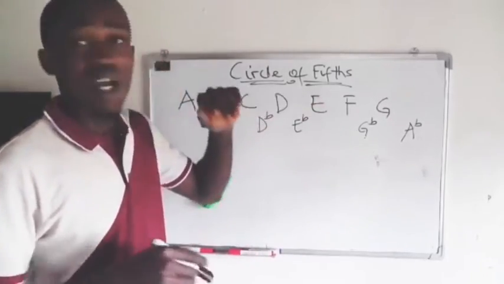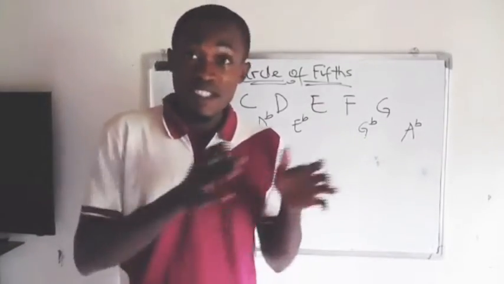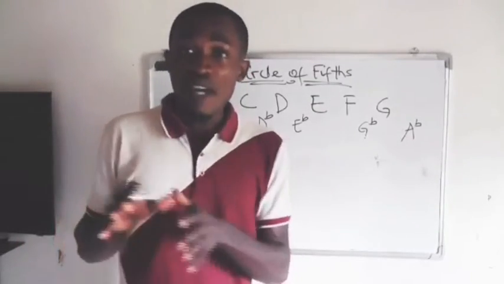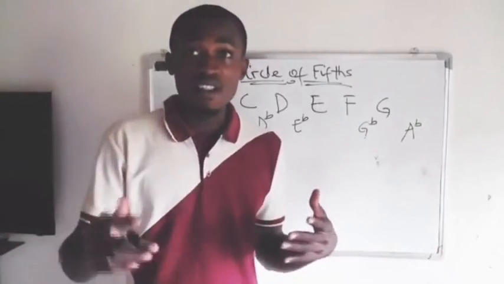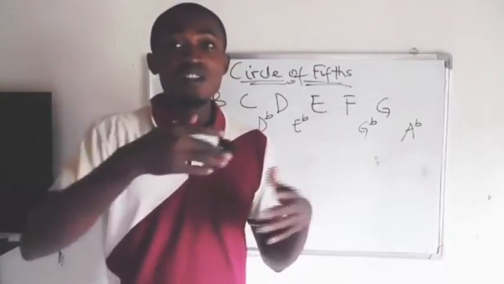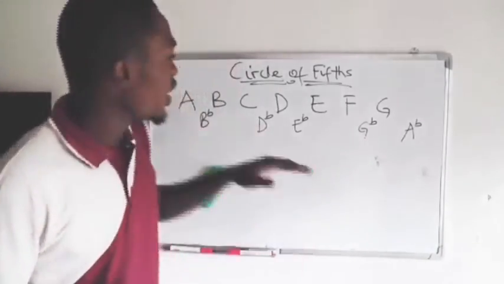So the circle of fifths. I believe when you came up, you were told that there are 12 musical keys: 7 majors and 5 minors, together making 12. On a scale, in solfa notation, you have do, re, mi, fa, sol, la, ti, do, and in between do and re, you have the sharps and flats and all those things. So all together they make 12.